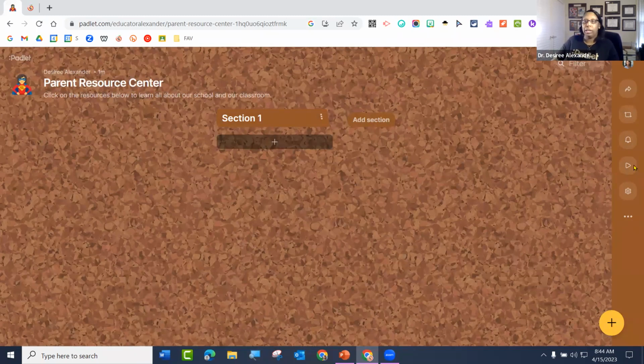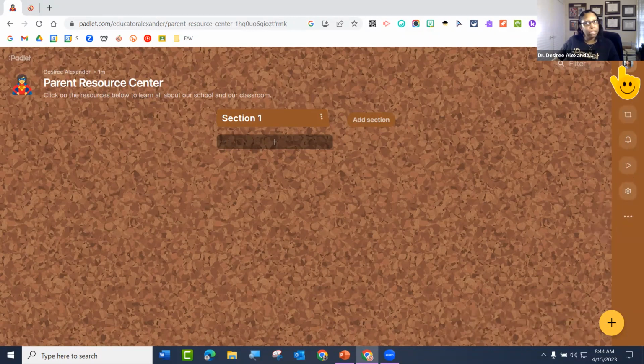So let's get started. You see my side panel here. Then I have my big plus sign. If you've used Google Classroom way back in the day, it's like the plus sign that we used to have for that. We also have all of our different resources up here. We want to go through our side panel first.